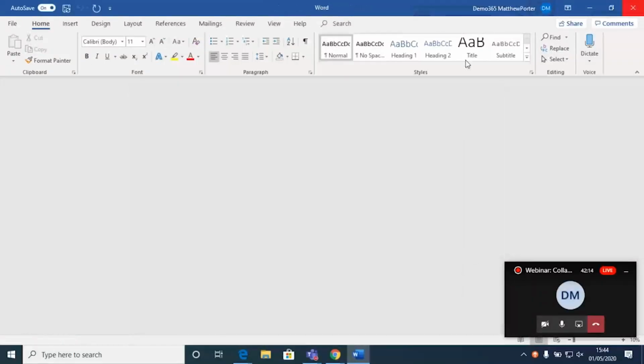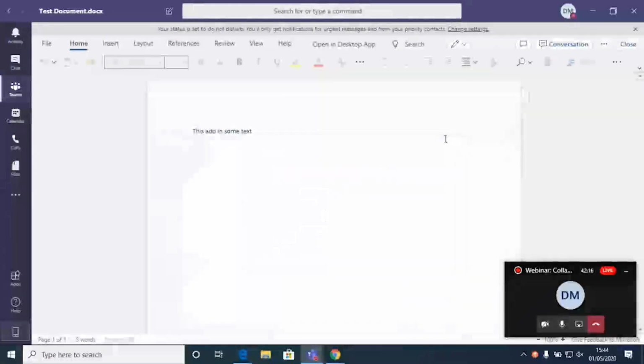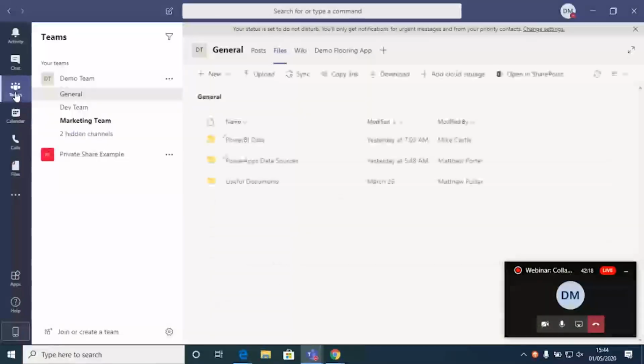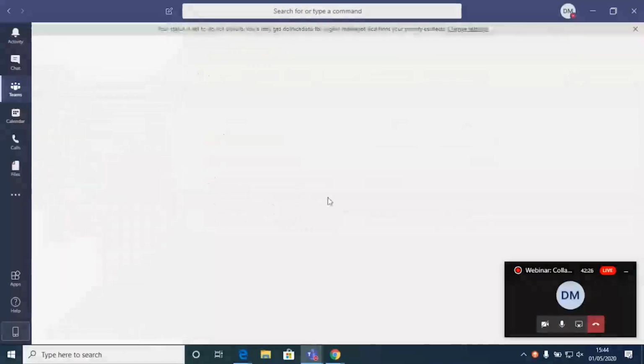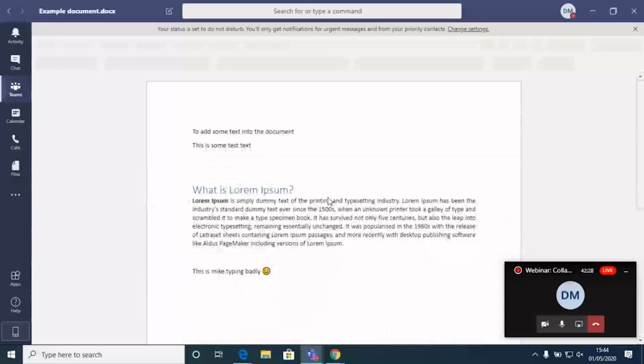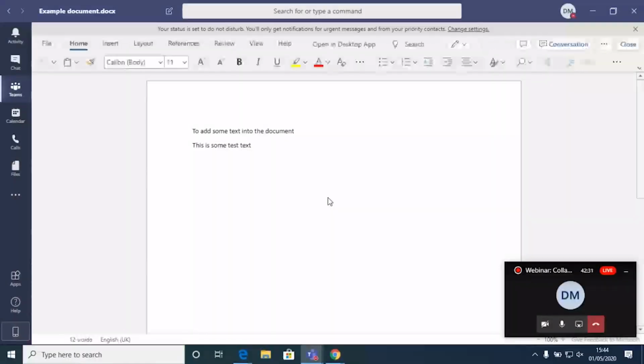If I just close that document, drop back into Teams, what we're going to demonstrate now is the fact that there's no one person in a document at one time. If you've ever had one of those situations where 4 or 5 people are all trying to write a document together, and you end up with lots and lots of different versions of it all over the place, I don't know if you share my experience, you end up with email versions dropping around and things like version 26C with Matt's comments and with Mike's additions dropped into that. And then some poor person has got to try and figure out what's the best version to put in before you actually bring it together.